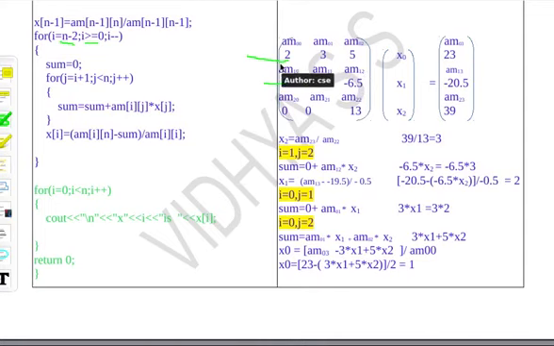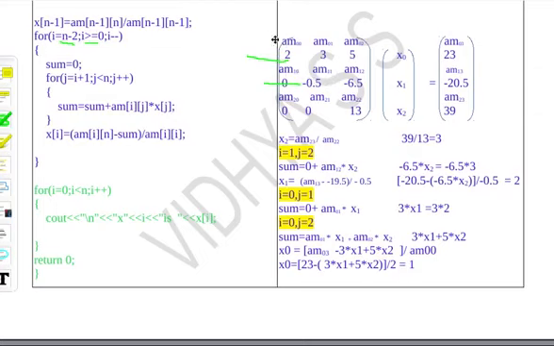Here, see, if I want to solve x0, take 23, that is the last element. 23 minus, what I am doing here is, I have to form the sum of elements into their corresponding variables, that is 3 into x1 plus 5 into x2. I need to find the sum. Then 23 minus this sum, divided by this 2. That is what I am going to do here.